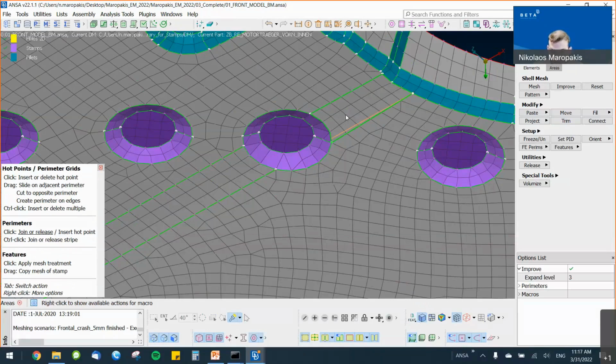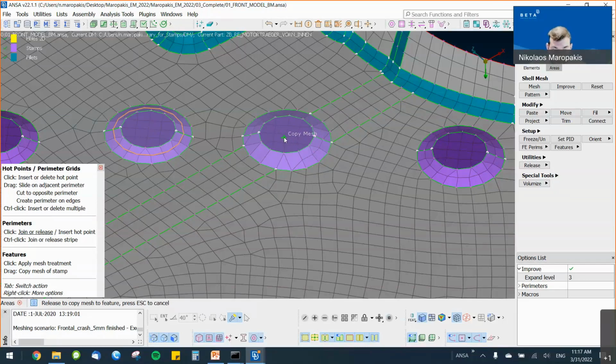The direct edit functionality is specially adapted to give me direct access to the feature entities as well. When I hover my mouse over a feature entity, like this stamp here, I can see that it's highlighted, and that means that with the direct edit functionality, I have direct access to it. By dragging from this stamp and moving to another, similar stamp, I can perform a copy of the mesh.